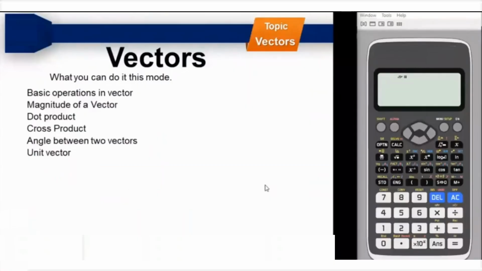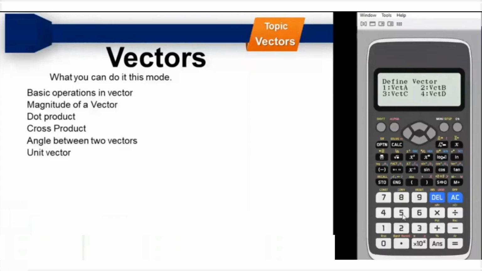Vectors, what can you do in this mode? First, let me tell you how you will enter the vector mode. You have to press menu and you have to press 5. When you press menu and 5, you enter into the vector mode, and then the calculator asks you to define